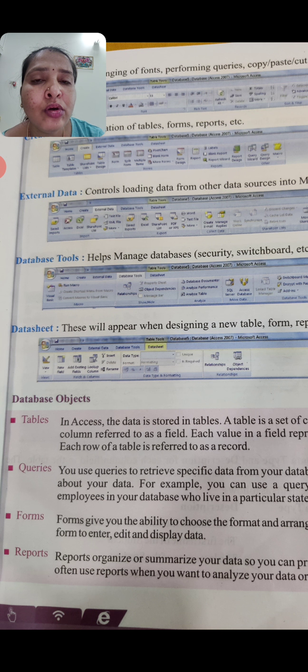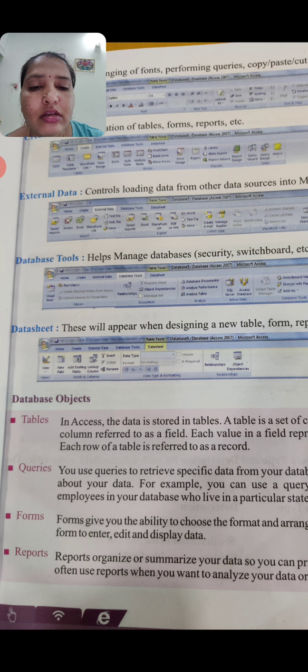If you want to know the information about the first student, what are you going to do? You will search for it in the database. There we are giving a query, no? I mean a question. You are giving a question about that student. That is what we call a query. Next we can move to what we call forms.